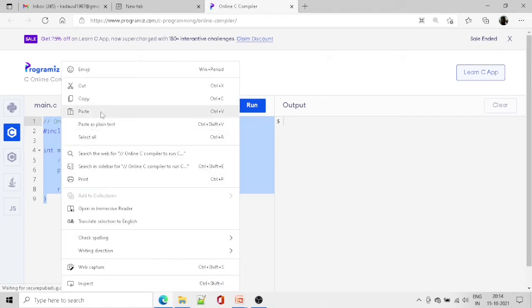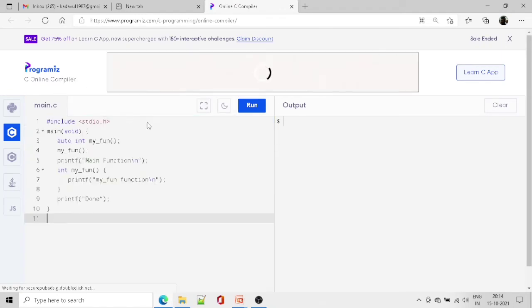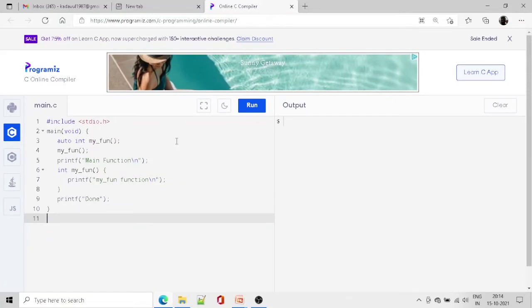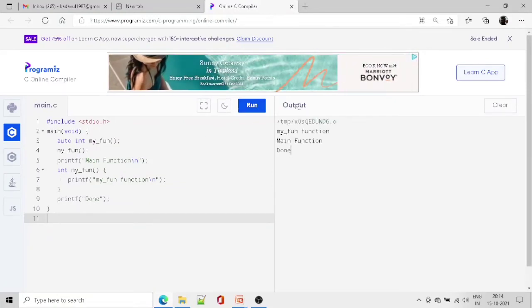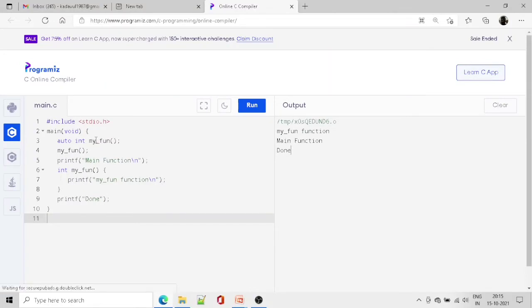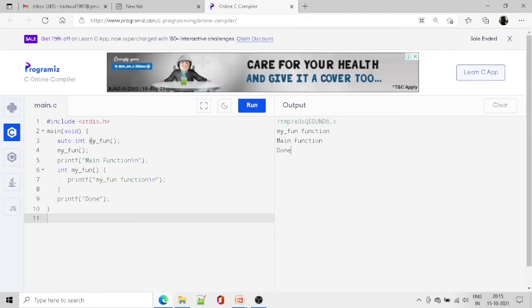We paste the C program and run it. It shows my function, main function. What it does is it deletes the variable, as well as, here it's a function.